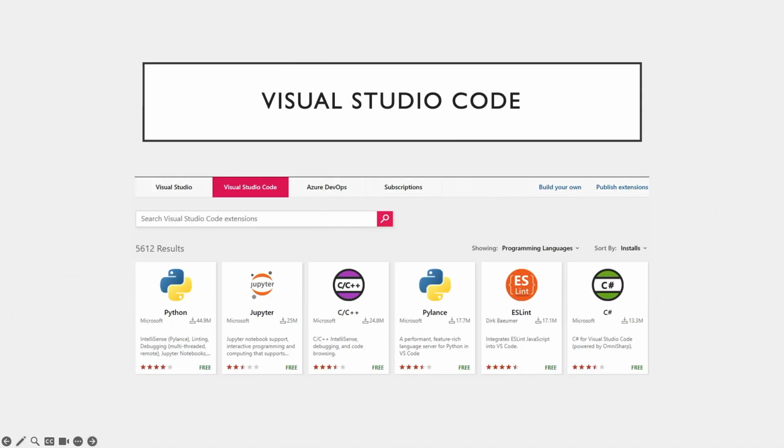In order to be widely popular, you have to support many languages. It's impossible to have a popular IDE if you don't have support for lots of languages. VS Code can be extended. You can write plugins for VS Code in order to support additional languages. So there is a marketplace which is available.